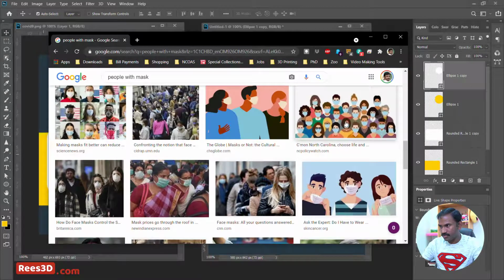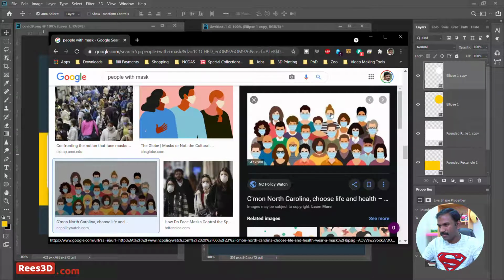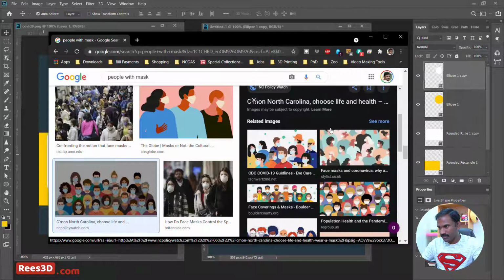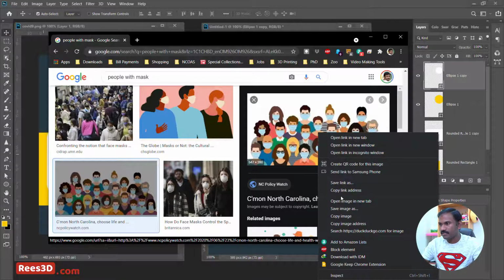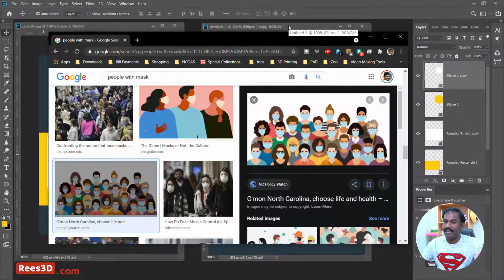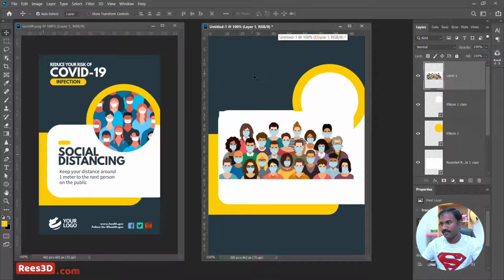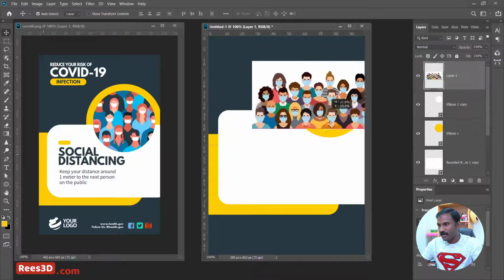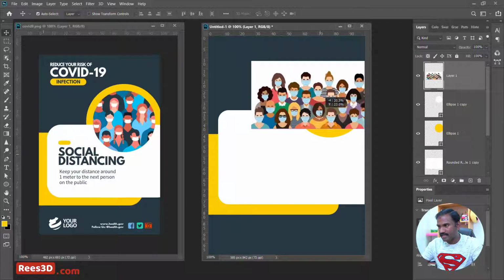Yeah, I think this looks good. Perfect. So it might not be a high resolution image, but I think that's fine. Yeah, good enough. So let's right click on that and copy image. Now notice what happens. I am not saving this file anywhere in my computer. I simply right click and choose copy image, and then I can simply paste that here, Control V. Perfect. So now I need to put this image only inside